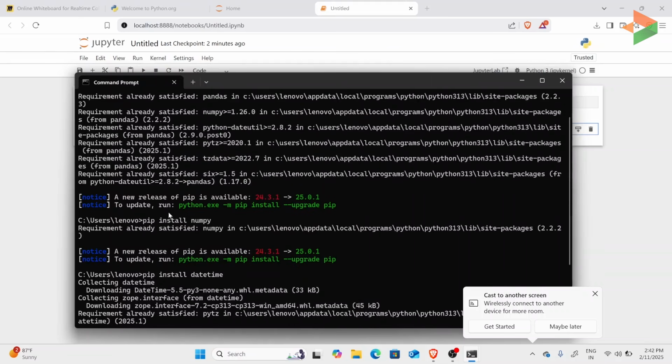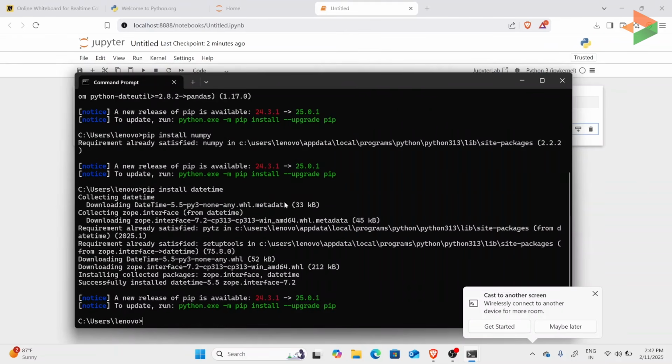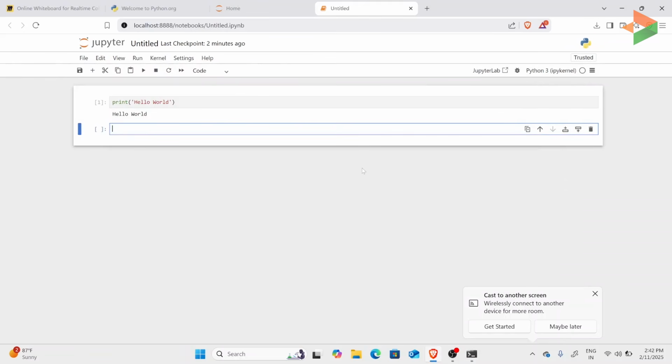So you can see that we have installed all the 3 required packages. We have installed Pandas, we have installed NumPy, and we have installed datetime. So for now, I'll just show you how you can start collecting the data, right? Then we will try to understand how we can collectively store it in a CSV and later go ahead